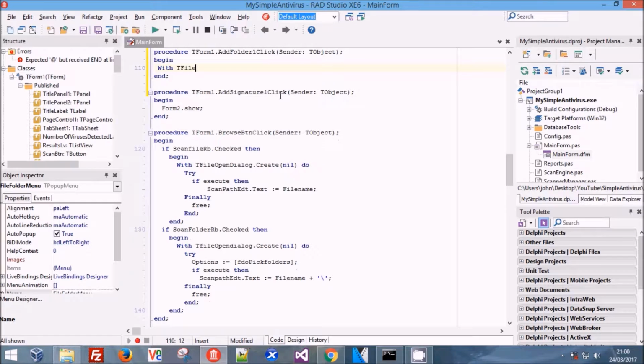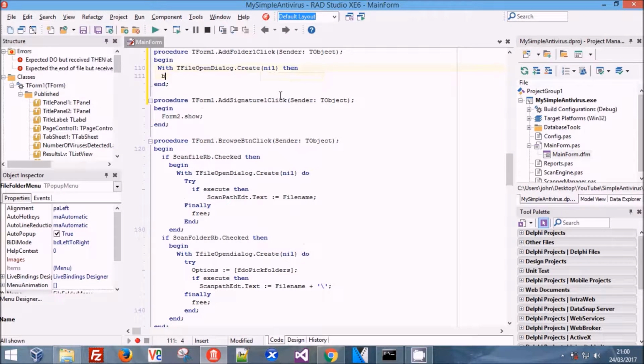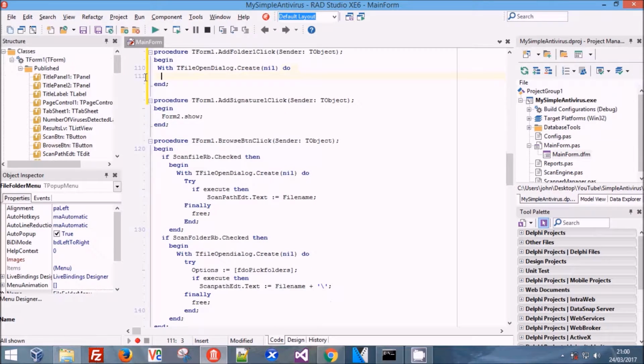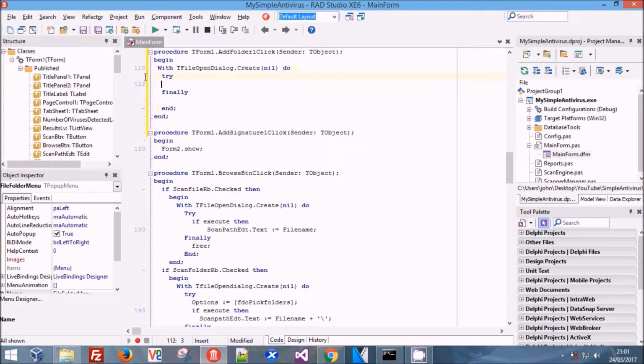T file open dialog dot create nil, then begin. Oh no, we're going to do and then try. Safer. Right, so finally we're going to need to put in here free,